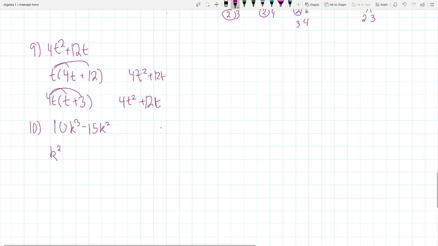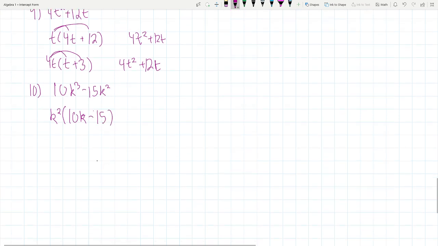So if I had some other stuff on here that didn't have k, then this wouldn't work, but it does. And so I get 10k minus 15. And I say, okay, is there anything that both 10 and 15 have in common? Yeah, they both have 5. 5 can go into both of these. And so I have 5k squared